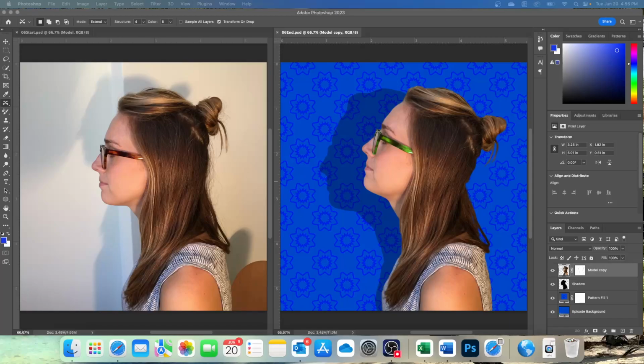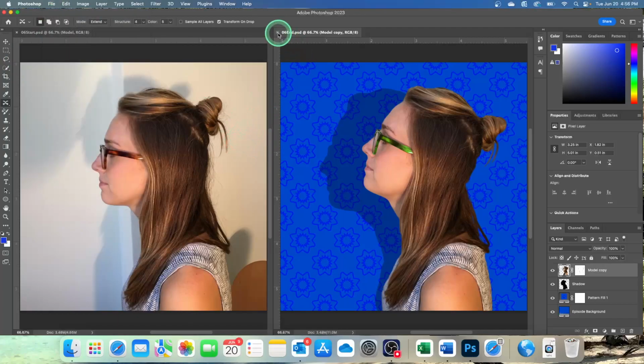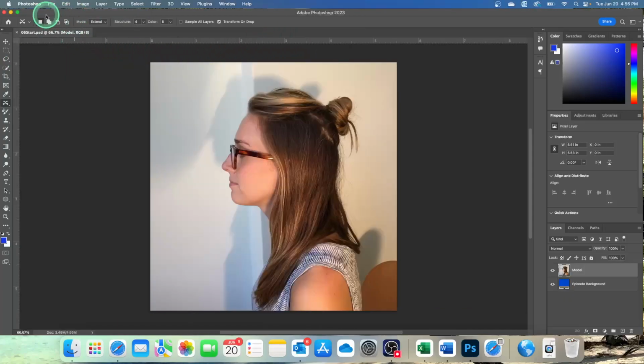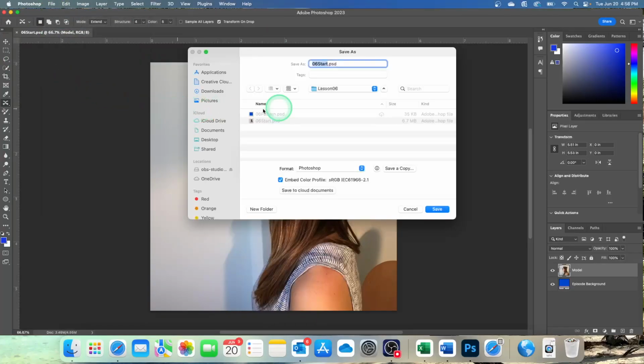So go ahead and open up this document right here, which is 06 start. If you get an embedded profile mismatch, just click OK. After we do that, I'm going to go ahead and close this ending one because we don't need it right now. So click File, Save As, and we're going to name it 06